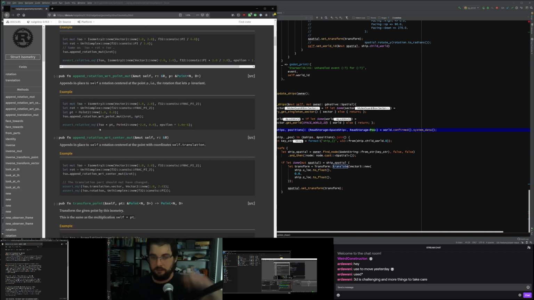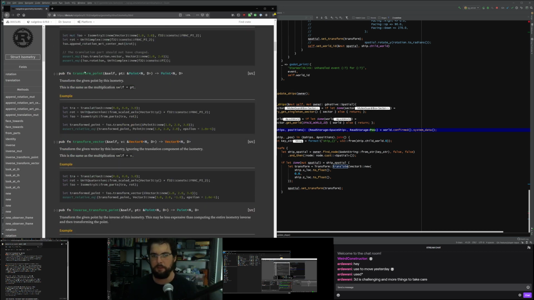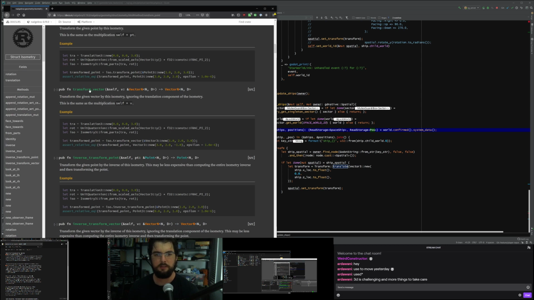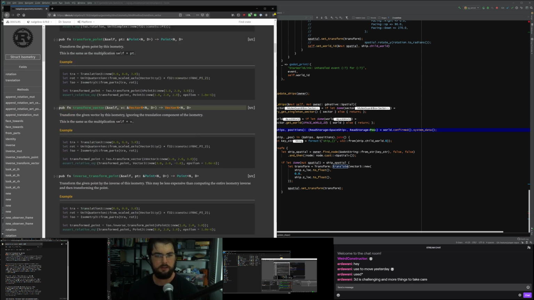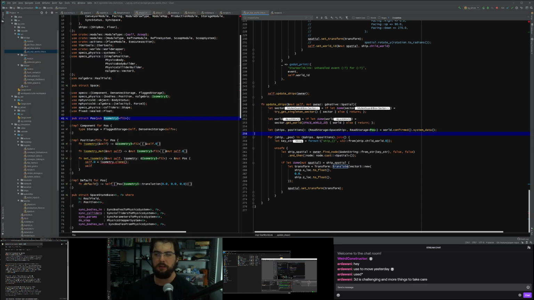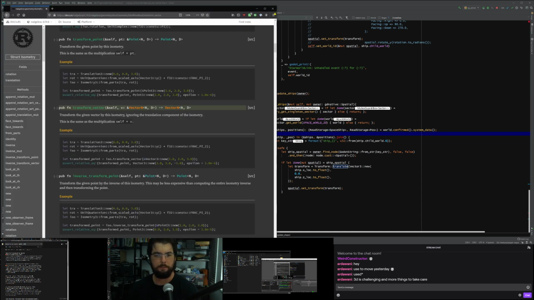Yeah, 3D is harder. Transform a point, transform a vector. See, one thing we can do with an isometry is to transform several vectors and then pass them in as the basis for a transform, which would be one of the ways to get this done.